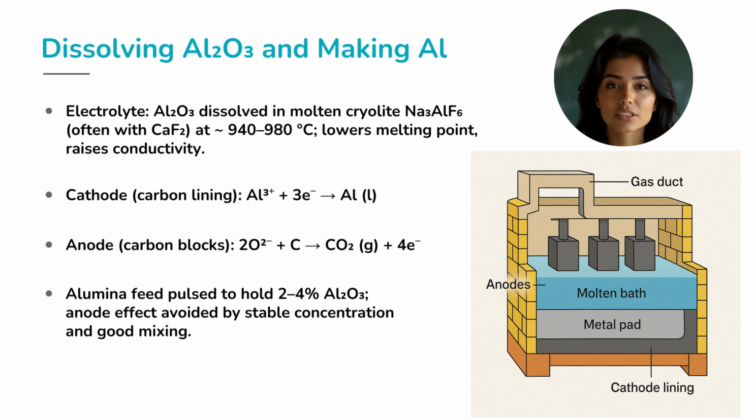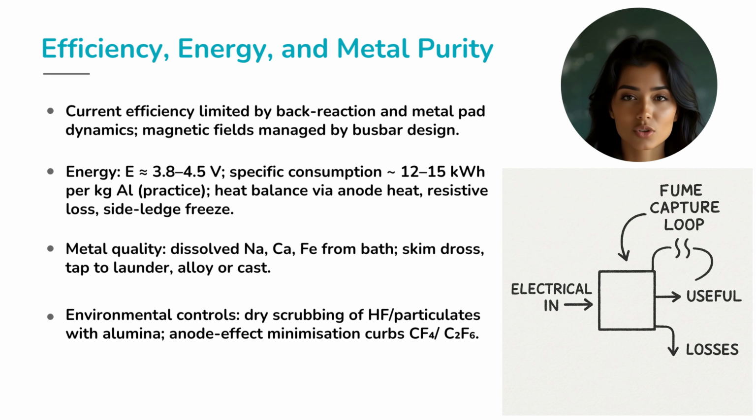Fresh alumina is fed continuously to maintain about 2 to 4% concentration in the bath. If it drops too low, anode effects occur, releasing harmful gases like perfluorocarbons. This is why operators monitor and feed alumina carefully. Running a Hall-Héroult cell is as much art as it is science. Ideally, the voltage needed is about 2 volts, but in practice cells run at 3.8 to 4.5 volts due to